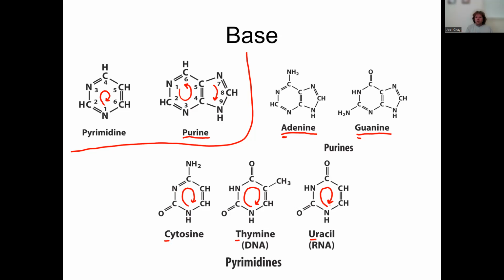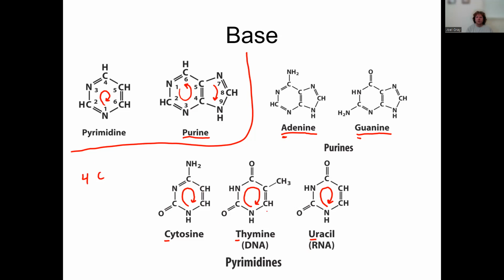I think what's really productive is to recognize what makes these molecules different from one another. For instance, the 4 carbon on